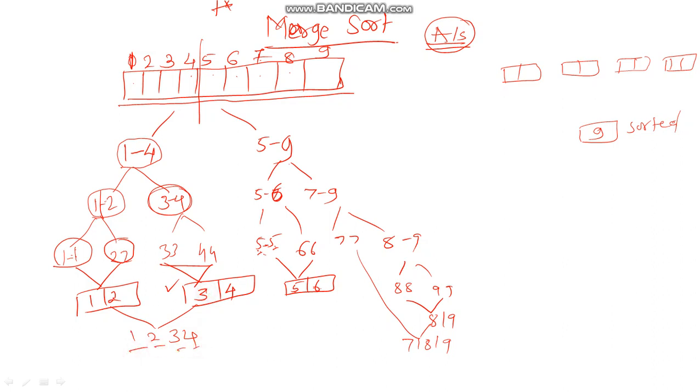The smallest one among 1 and 3 will come at the first index. Let us say if 3 is smallest in the first case, then the smallest among 1 and 4 will come at the second index. If 1 is smaller, then the smallest among 2 and 4 will come at the third index, and the remaining will come at the fourth index, and it continues till we combine all the elements. So this is the methodology used for merge sort.